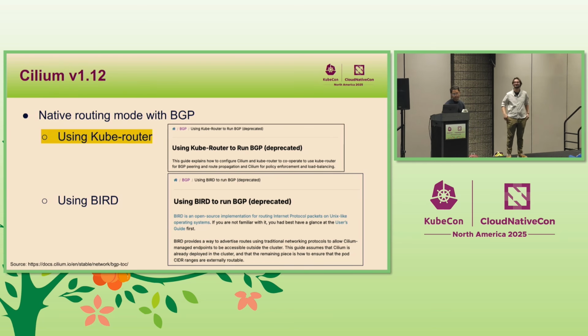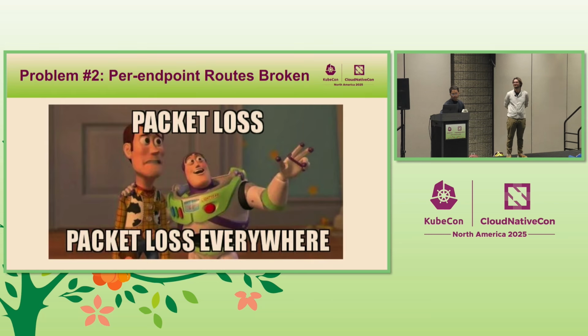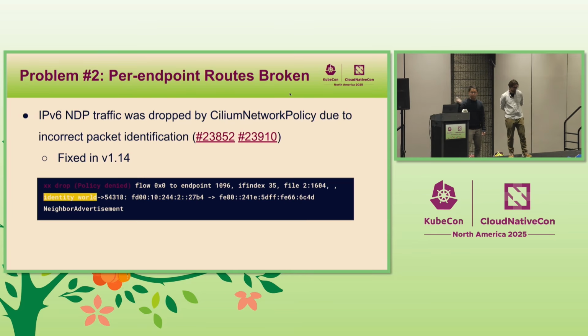We were able to set it up. It works in most cases, but in some cases it did not work for us. We started seeing packet loss, especially for the packets coming from the same node. We suspected we got hit by this issue where IPv6 NDP traffic got dropped by Cilium because Cilium incorrectly identified the packet. So back then, as we can see from the Hubble output,